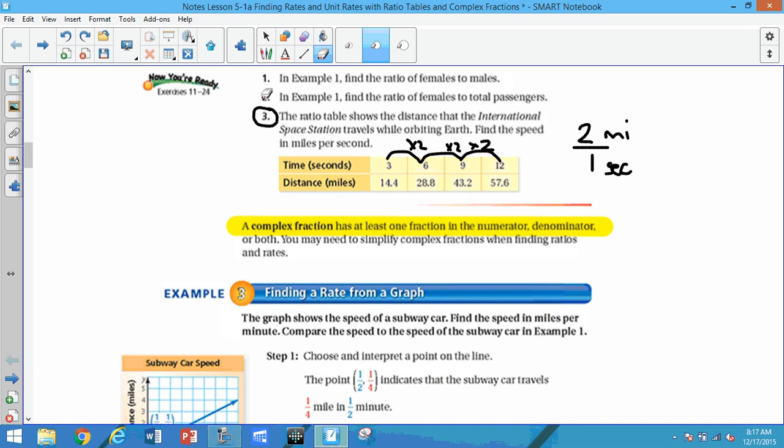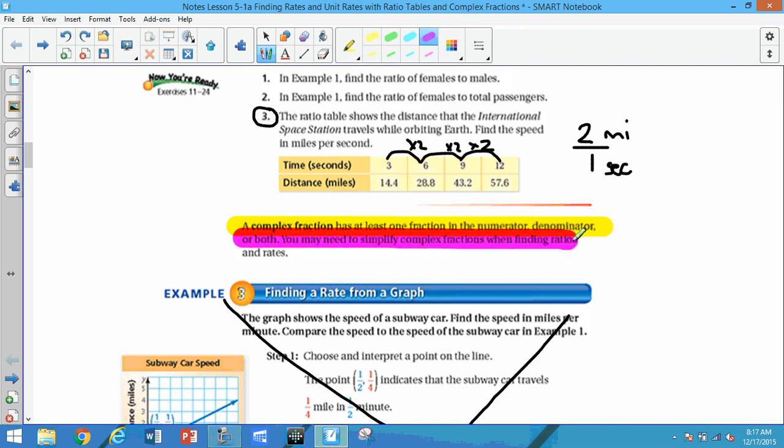A complex fraction has at least one fraction in the numerator or denominator, or both. And then you have to simplify those complex fractions when finding ratios and rates. Okay? So a complex fraction,